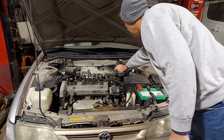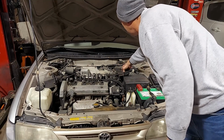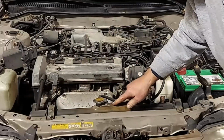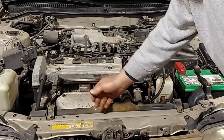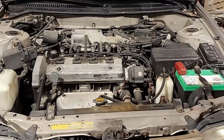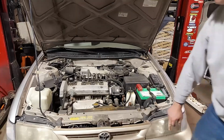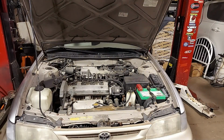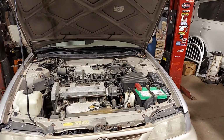Intake boots on these like to crack. Seems good. Like I said, the radiator's got some discoloration. It's nice and warm. It feels kind of good. My hands are chilly. Headlights are a bit fogged over. I'm gonna get it up in the air to